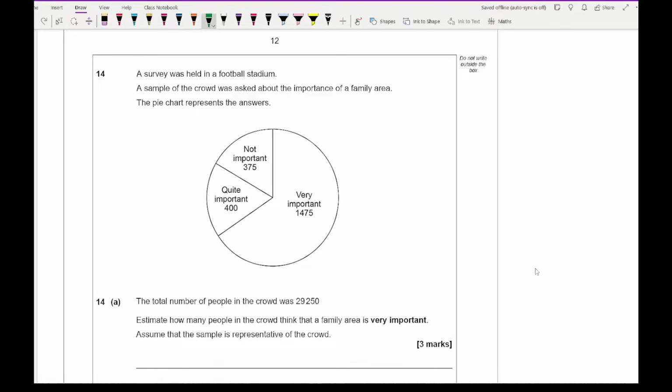So for this, what we want to do is work out what the total sampled people were, so the total sample size. We do that by adding all of these three numbers up. So it's going to be 375 plus 400 plus 1475. And if I work that out on my calculator, 375 plus 400 plus 1475 comes up to